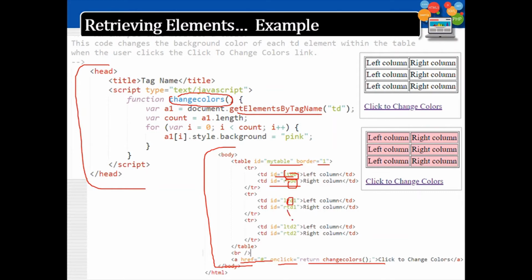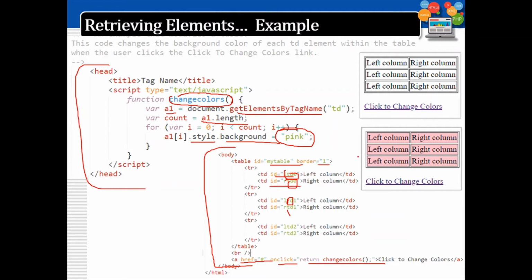All these cells will be accessed over here, and it will be a1.length. Again, the length property will be there. As it is an array, the length property can be used. So count is equal to total length. So one by one, it will be accessing the properties. What is the property? style.background. So each and every TD will have a style termed as background, and that background color I am changing to pink. So all the table will now have pink as the background color.